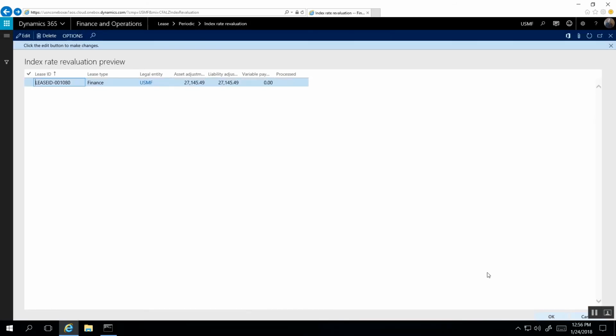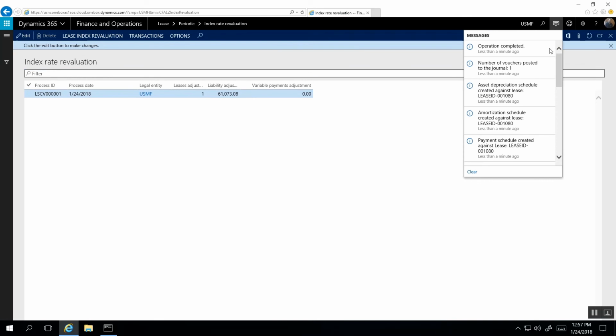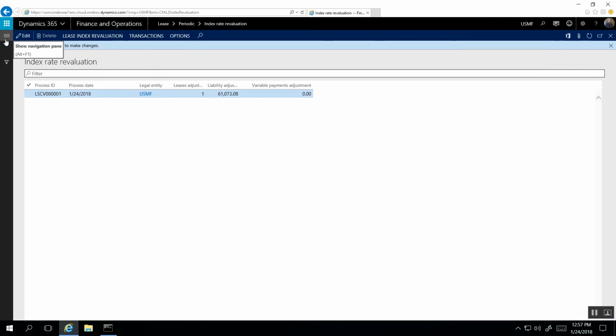We can click OK. And we have a revaluation, or a preview, excuse me. We see the preview, we see how much our asset will be adjusted by, how much our lease liability will be adjusted by, the lease ID. And as you see, the asset and liability both will be adjusted by $27,145, which, going back to our PowerPoint, is the same number as the guidance gives. So when everything looks okay to post, we can click OK. And we see in our info log that our operation has been completed and the number of vouchers posted to the journal is 1. So to see the updated lease and to see the adjustment entry that has been posted,